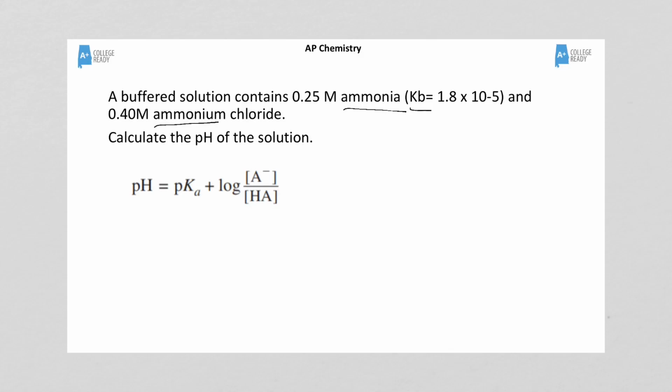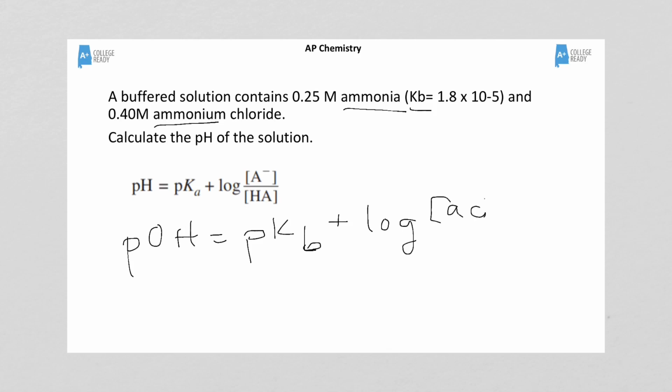So if we're just calculating the pH of the solution, and we have the Kb, now this is the one time there is a version of this formula that has pOH equals pKa. I'm going to write it down. I do not get my students to memorize this. There's too much to know for the AP exam. If you remember it, that's great. The problem is it's flipped over. This is acid, whatever the acid part of the buffer divided by whatever the base. It's in all textbooks. You're welcome to use it, but there's really no need to memorize that,